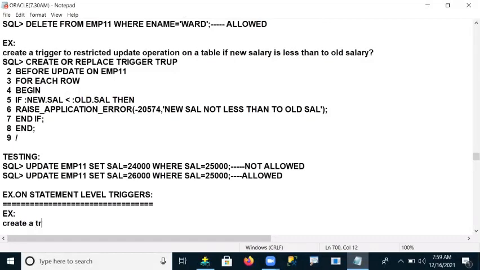In this example, create a trigger to restrict all DML operations.